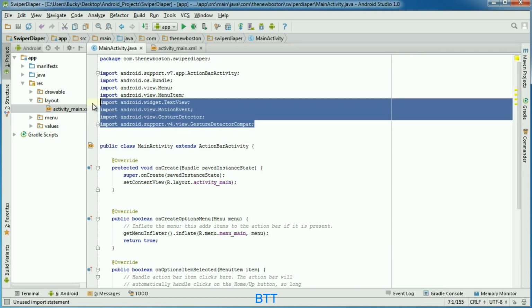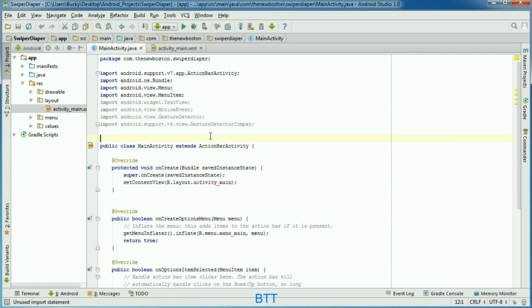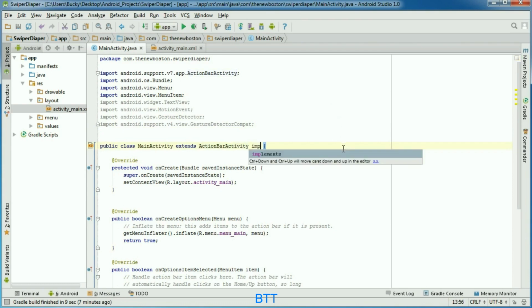Alright. So we imported all the stuff we need. So why did we import all of that? Well, this is how you detect gestures. What you're going to need to do is implement a couple of interfaces. These interfaces have methods inside them that are pretty much responsible for detecting gestures. You can implement them in a bunch of different ways, but we're just going to use the same class right here. So what we're going to do is implements, and the first one is